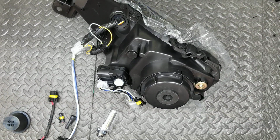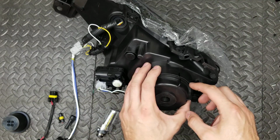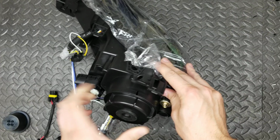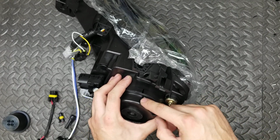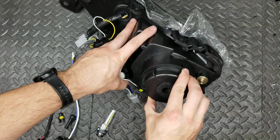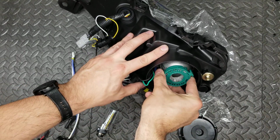Through the magic of editing, I'm going to keep this as short as possible. First step, went ahead and made that as tight as possible. It's not really tight, it's just on. And then I marked the top black with a black marker, do whatever you want. And then so I just know which one is going to be for the top. This is relevant later on. Take that off. We're going to